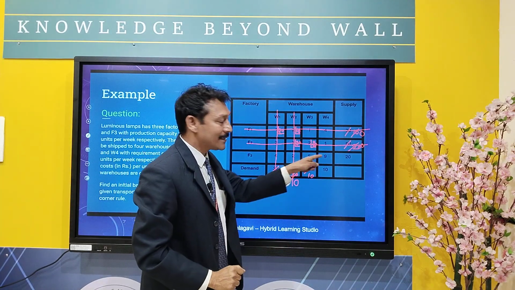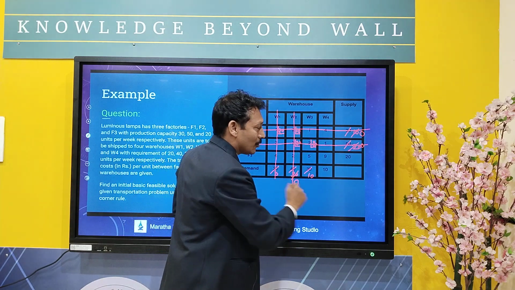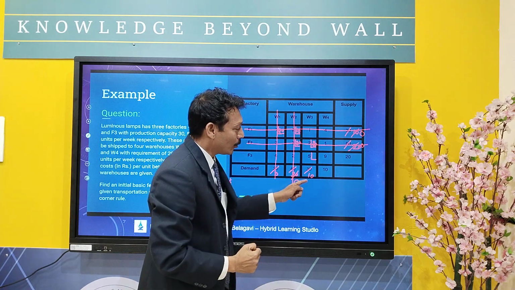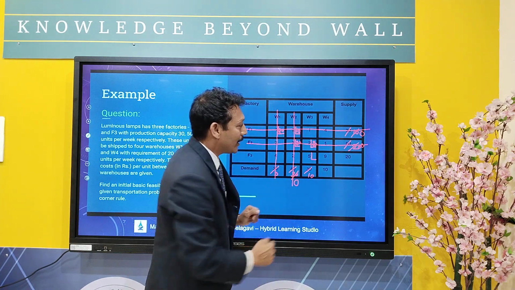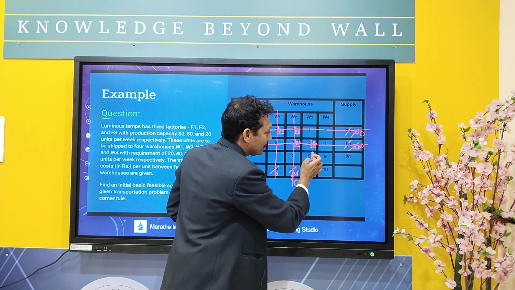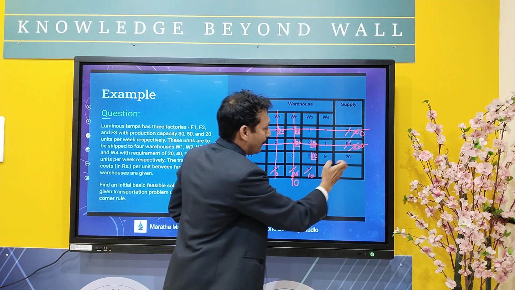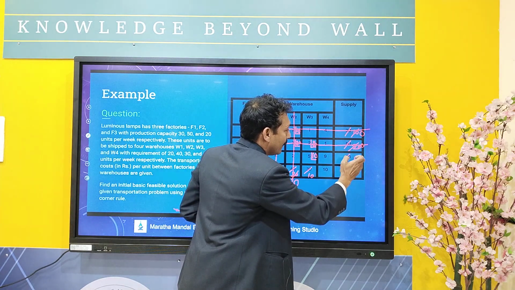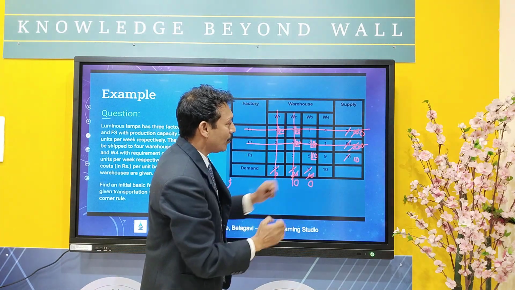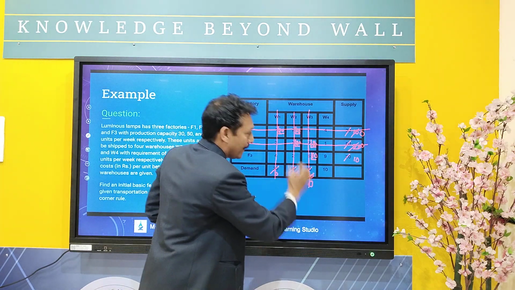Now the remaining matrix is this 5 and 9, and this 5 is the northwest corner cell. Here we have 20 in our hand, and we require only 10 for the W3 warehouse. So we take 10 from this and put it here. Here 10 remains, and W3 is fulfilled, so here it becomes 0. So we scratch this.